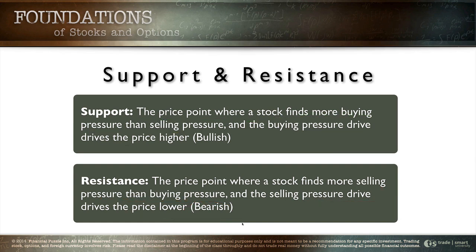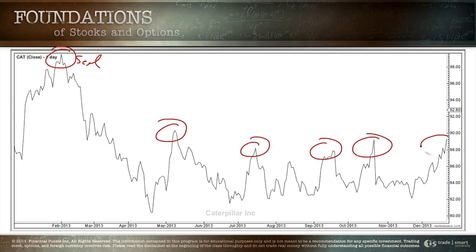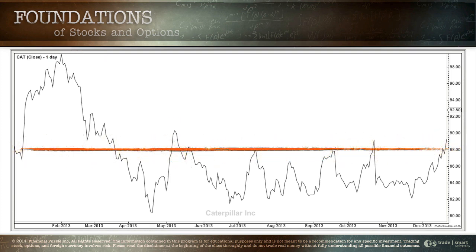Let's take a look over here at Caterpillar. If I were to look at this chart, I recognize that there's a lot of selling pressure every time the price of the stock starts to go down. So we had selling pressure up here. We had selling pressure here. We had selling pressure here and over here. Now, do you notice anything interesting here? This selling pressure in the middle is kind of all about the same spot. It's not always precise to the penny, but generally speaking, somewhere between $88 and $90 a share, something magical happens where a lot of selling takes place.